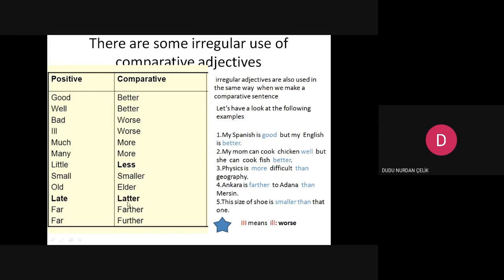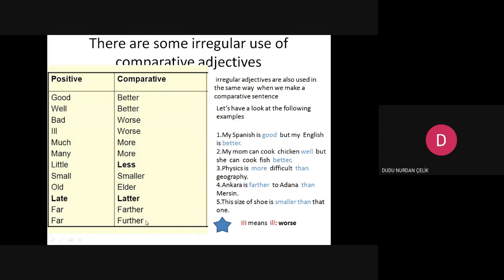Late, later. Far, we have got two different usings for far. Why? When we say farther, we mean a longer distance. For example, Ankara is farther to Adana than Mersin. We mean a longer distance.